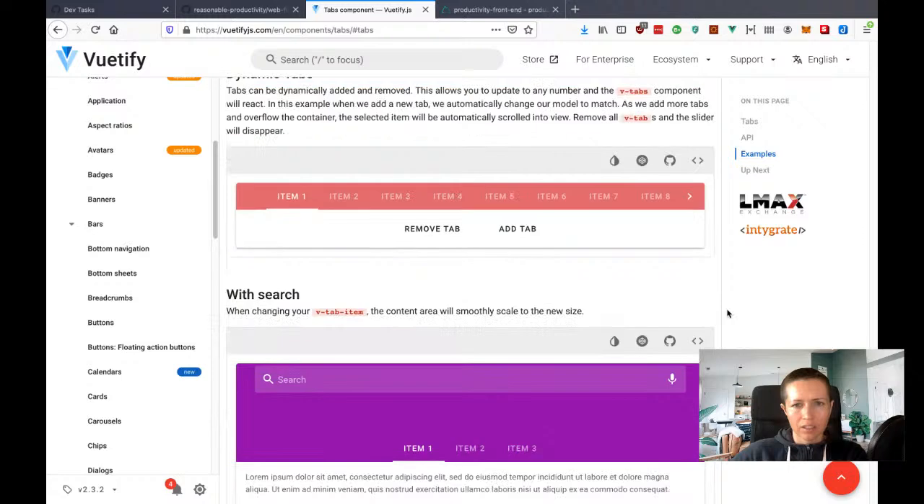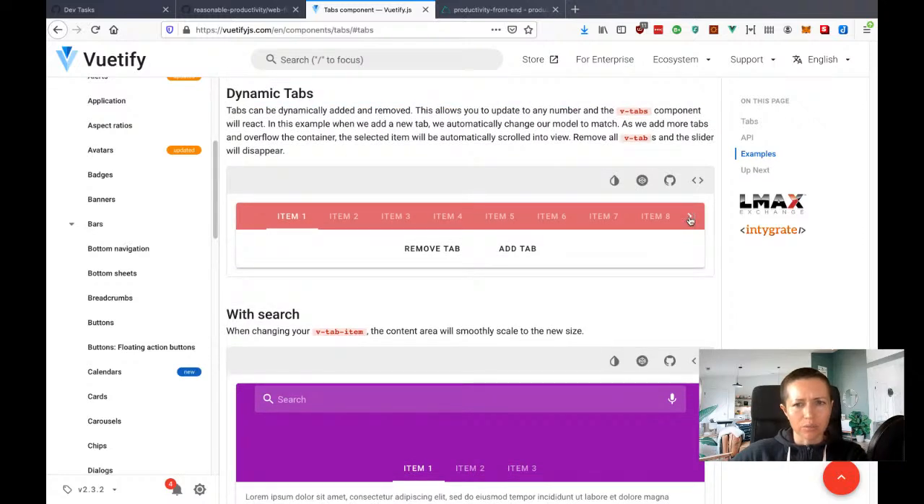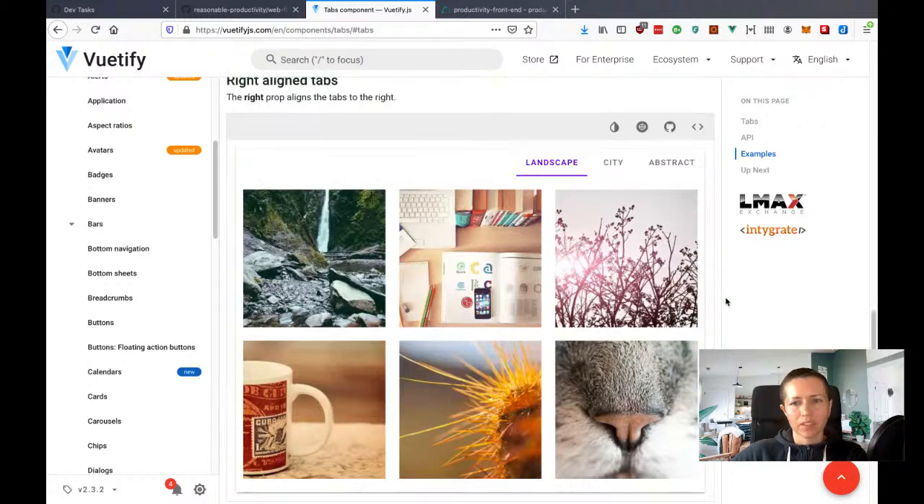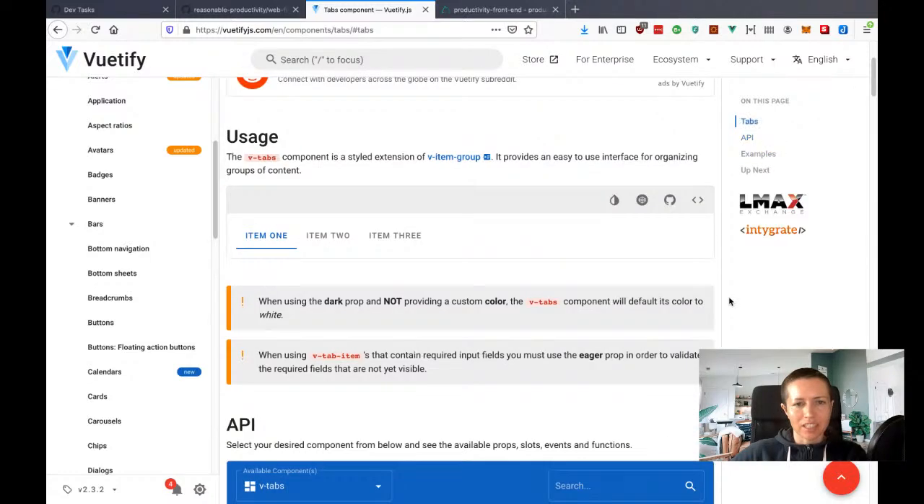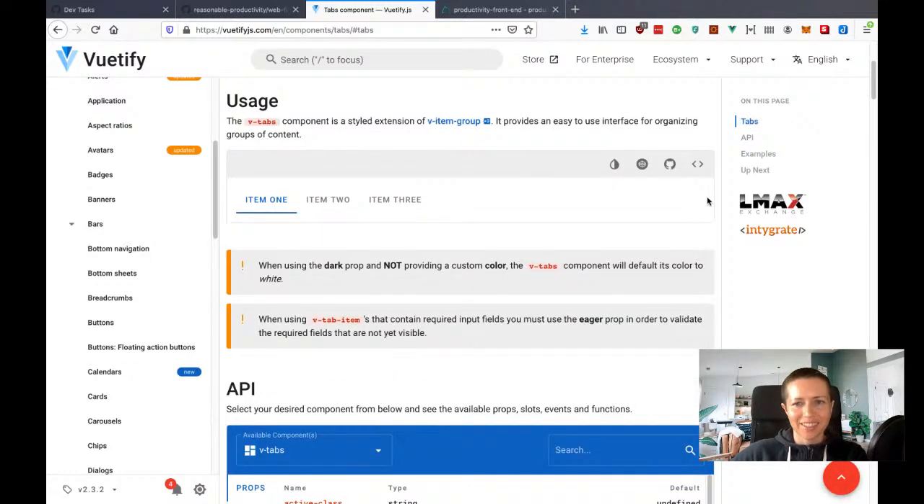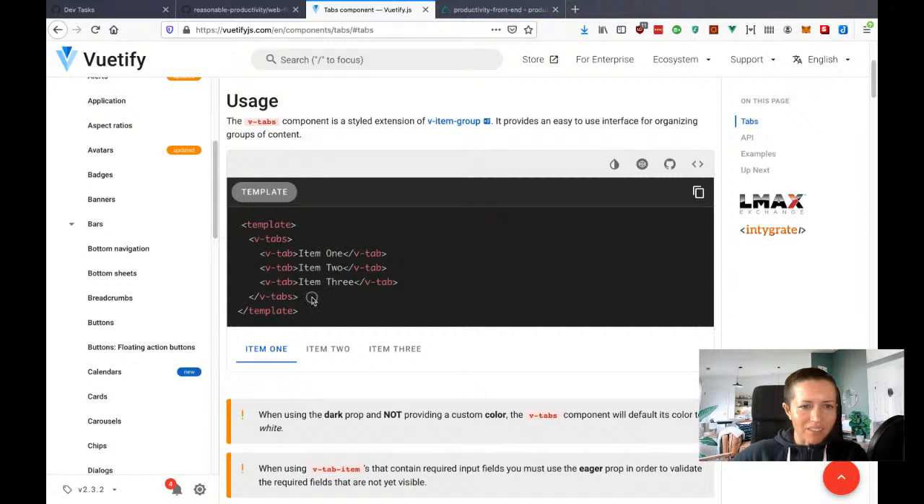Okay, well, oh cool. I think this is new. Dynamic tabs. I haven't seen that before. Anyway, I'm just going to take the basic example for right now. Let's take V tabs